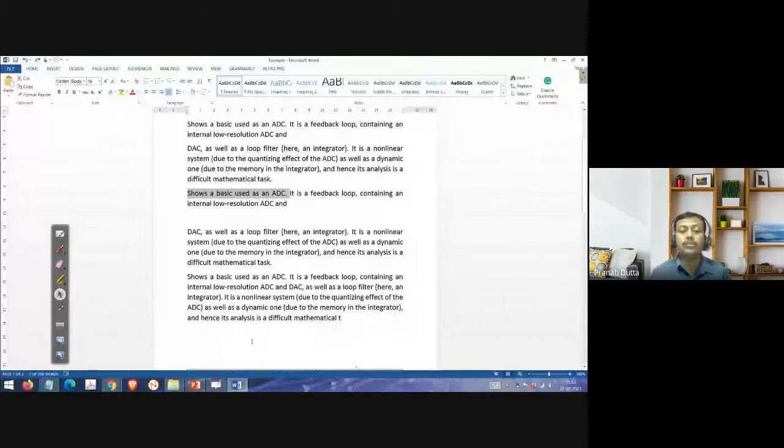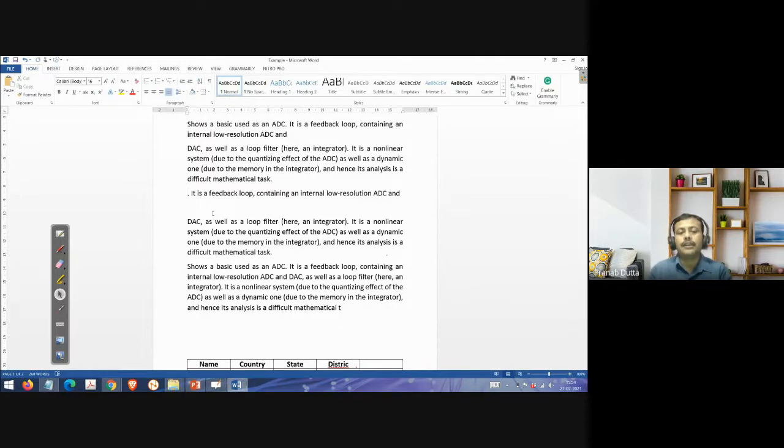Now, if I don't want to use the mouse, only the keyboard, then how can you do it? If you want to cut and paste, you first select, right? Now, how can you select without using your mouse? Put the cursor where you want to start selecting, press the Shift button, and then press the left arrow key of your keyboard, right? So it is selected. Now, if I want to move it by cutting that portion, then Control X, just cut, right? Control X will do the same thing, cut.